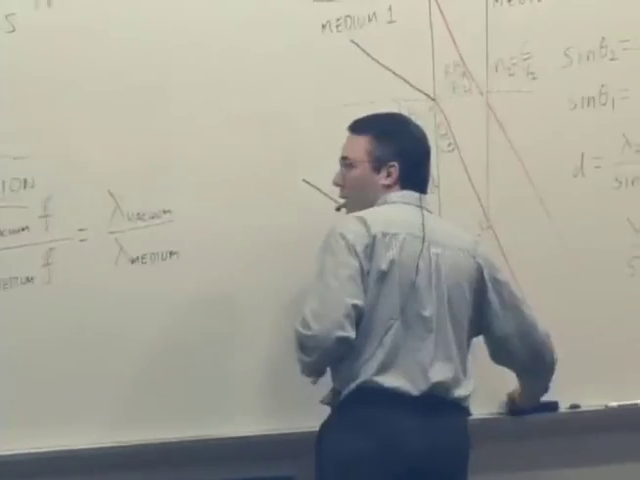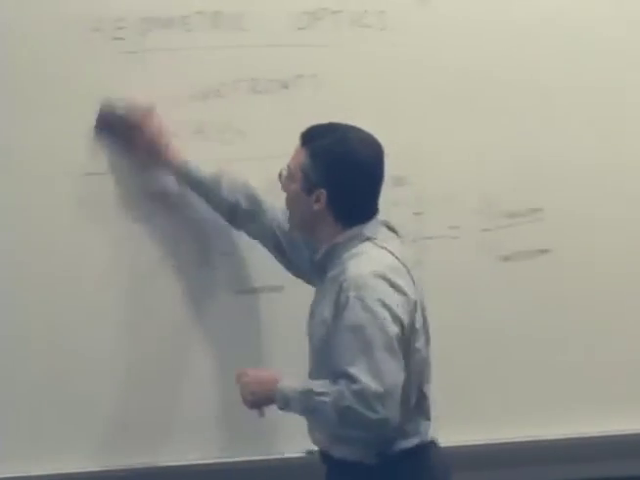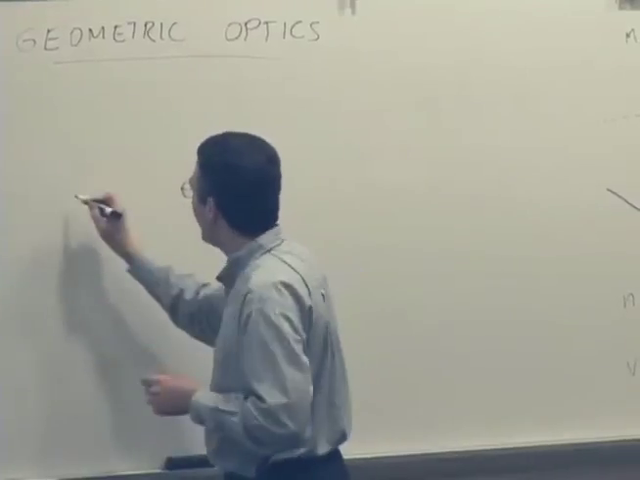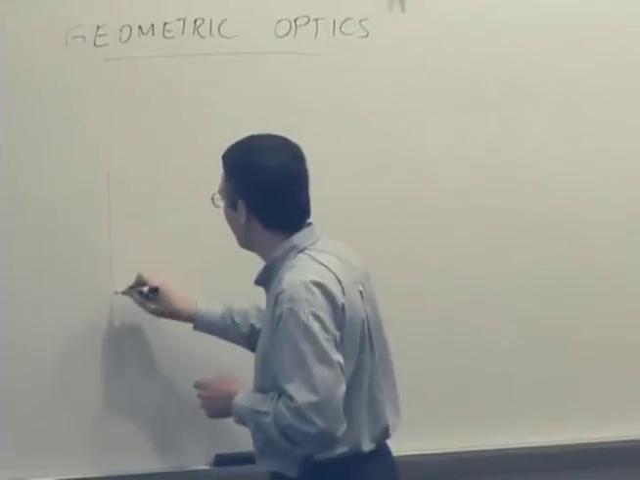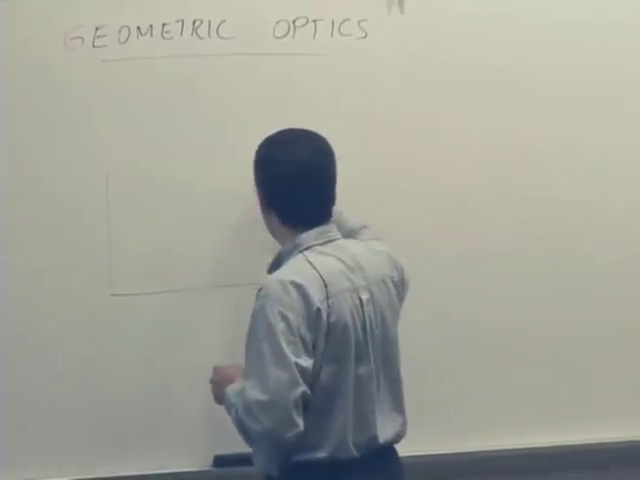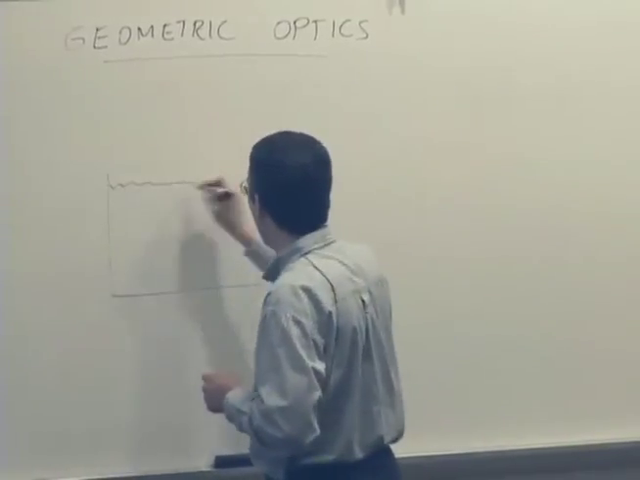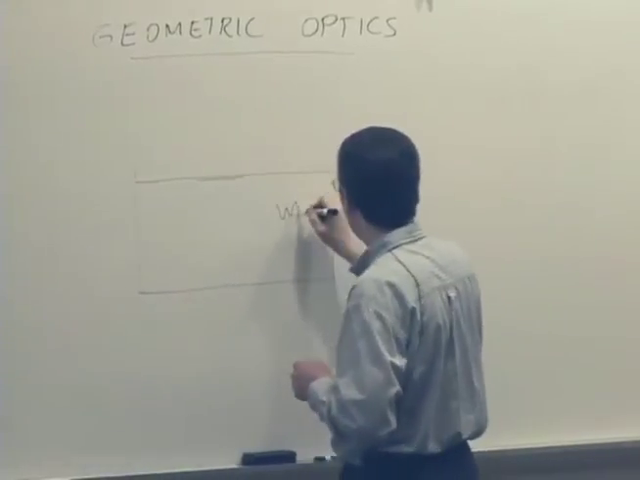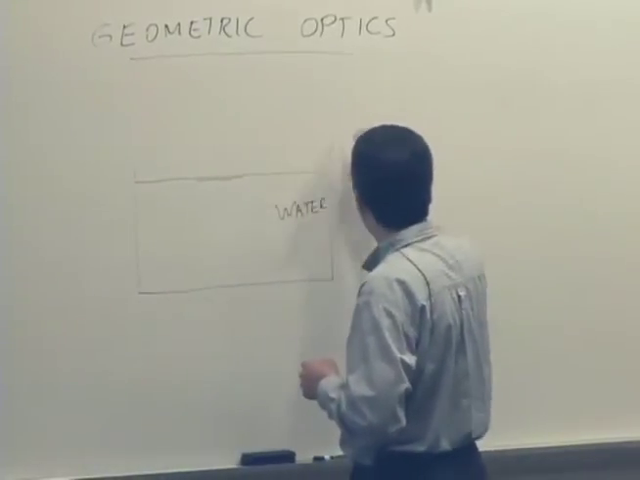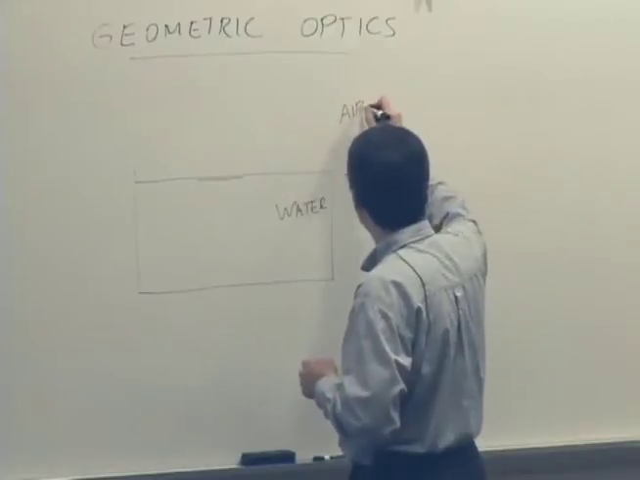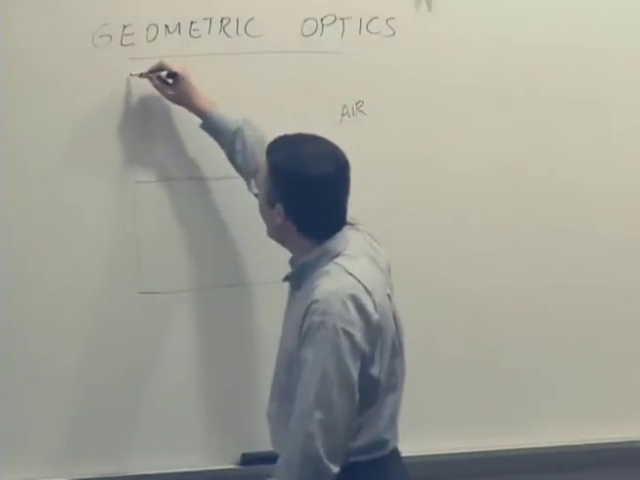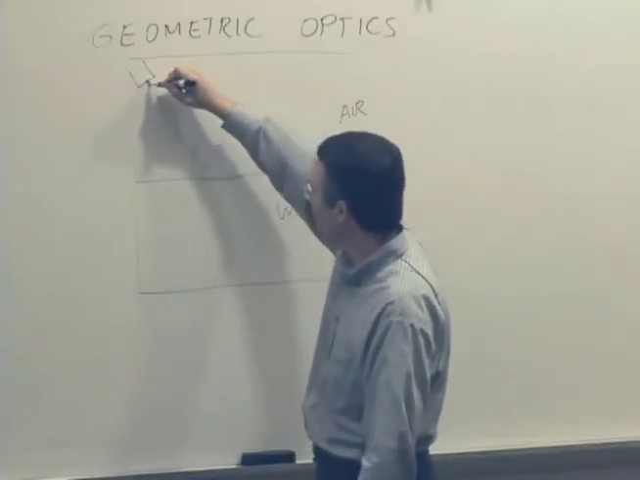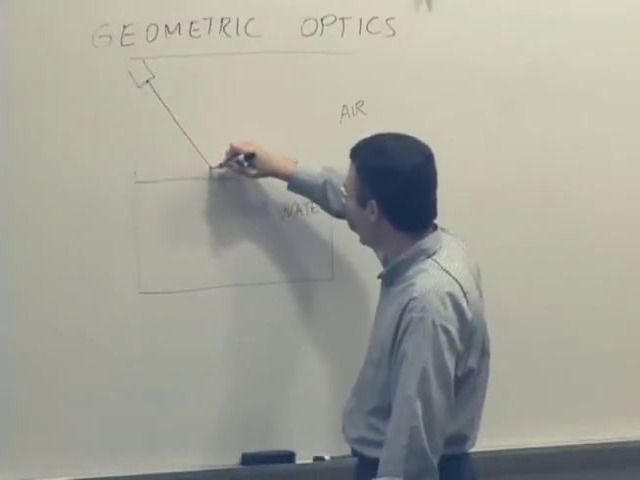So let's try a simple example, and then we'll have you guys do one. Something really simple. Let's say you have just a tank of water here. Okay, so I'm going to draw the surface of the water. So here's water, and here's air. And I have a laser beam, maybe like a laser pointer, and I'm going to shine this laser pointer in this direction,